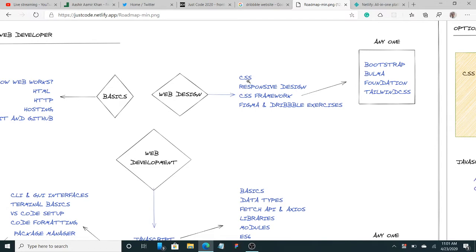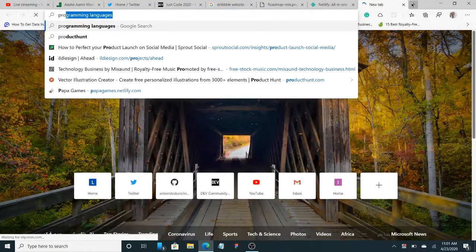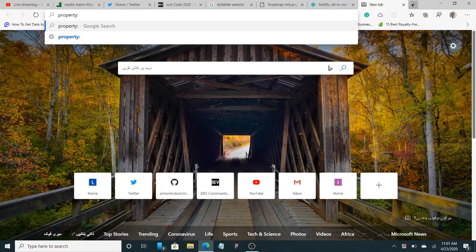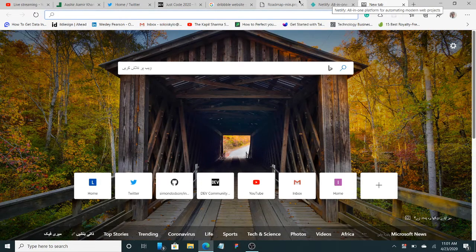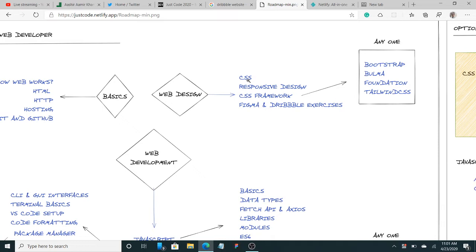So we'll learn the basic CSS. The basic CSS for me is just this: property, colon, value, semicolon. That's all. The property always changes, the value always changes. The syntax is basic. I will teach you the basic syntax and give you the almanac so you can see, and then we'll learn why responsive design and how responsive design works, how to design mobile first, so you cannot just put your designs from desktop and then get overwhelmed that it's not working on mobile.